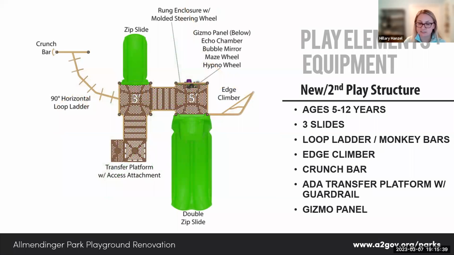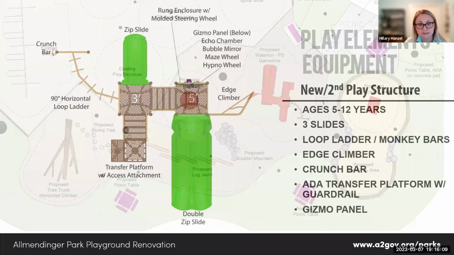So this is a view of that same play structure just from above, looking down. And so you can see it's not huge, but it has these different levels. So it's going to go up to a height of 5 feet, whereas the existing younger children play structure that's out there, I believe, is only 3 feet high, possibly even less. So there'll be some additional ways that older children can enjoy the traditional play structure out here.